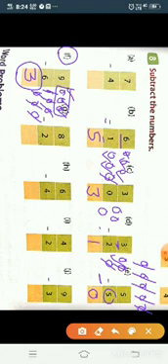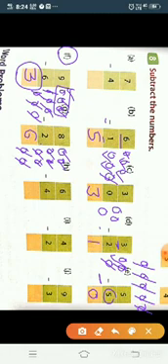8 minus 2. For 8 minus 2, what will we be doing here? We will draw the circles. 1, 2, 3, 4, 5, 6, 7, 8. 8 minus 2. So we will cut 2 circles. Now how many circles remain here? 1, 2, 3, 4, 5, 6. So the answer will be 6. Okay. Now see the next one.